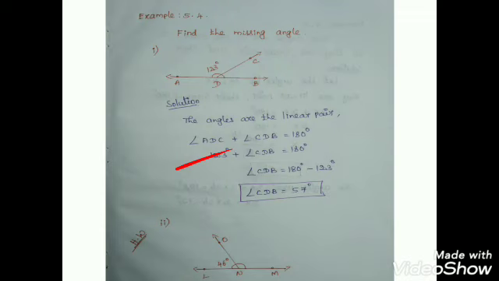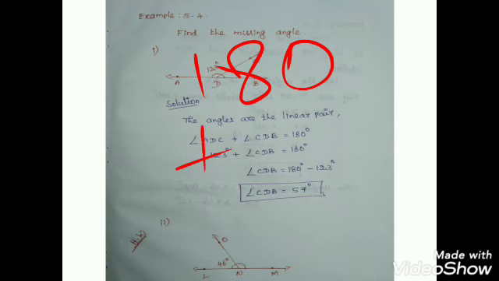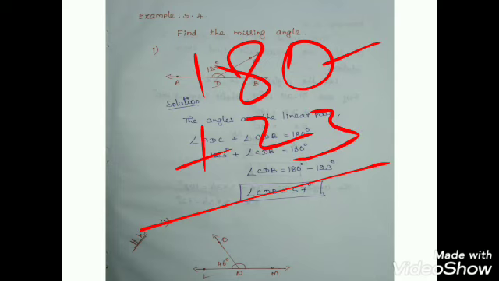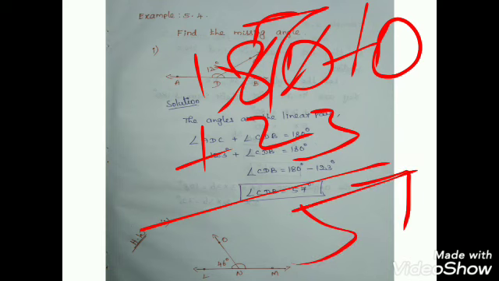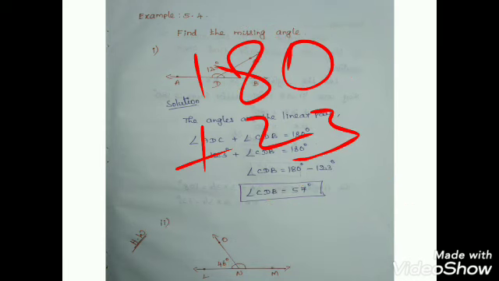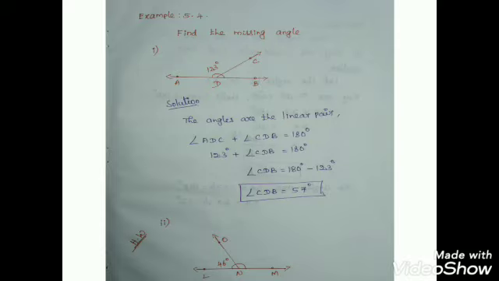CDB we can find out is equal to 180 degree, and 123 degree is plus. So take opposite side, it is minus. So 180 minus 123. Here 0, so take one. This place is 10. This place is 7. 10 minus 3 is 7. 7 minus 2 is 5. 1 minus 1 will be 0. So what is the angle? 57 degree. So angle CDB is 57 degree. Same thing the second sum, that is homework.